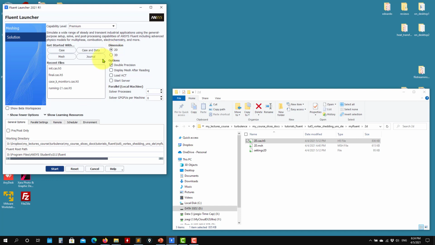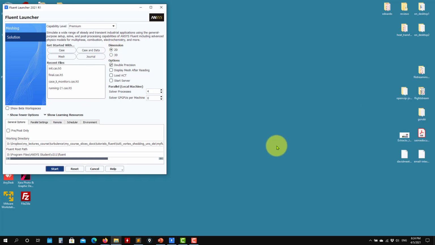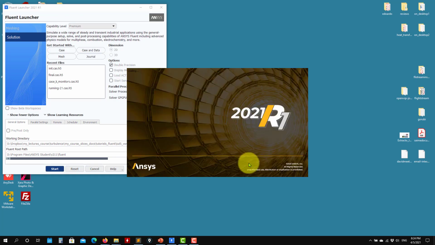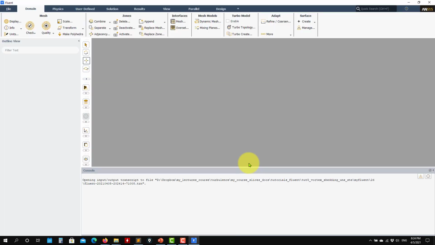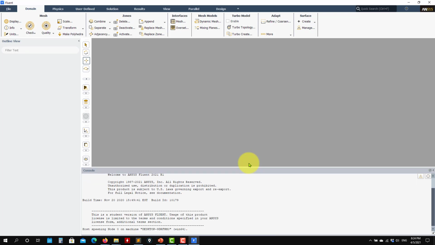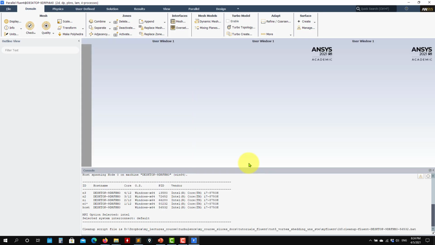Remember, this is 2D, put there 2D and start. In particular, I will run this one using a uniform initialization. Remember that previously we used a non-uniform for that vector. I will use the uniform just to show you that this one takes more time to onset the instability, okay? Because it is fully 3D, doesn't mean that it will run faster than the other ones at the same time,